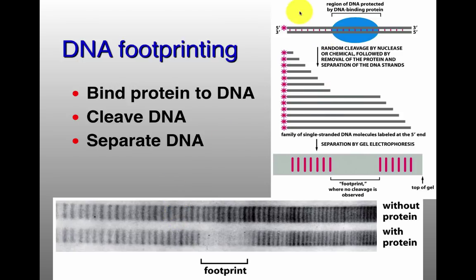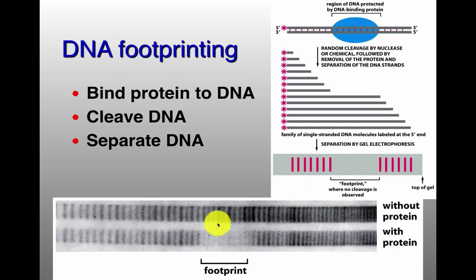So if you have this DNA that's labeled, you chop it into little pieces, and in the absence of protein, you'll get lots and lots of pieces, some of which are long at the bottom. That's going to be the top of the gel. Some of which are short over here. That's going to be what you have at the bottom of the gel. If you have a protein that you put in here, it will stop the chopping up of your DNA in this particular region right here, because it can't get chopped up anymore because this protein's in the way. And what that means is you're going to have all of these short DNAs, which are over here, and a bunch of long DNAs, which are over here, and then a gap.